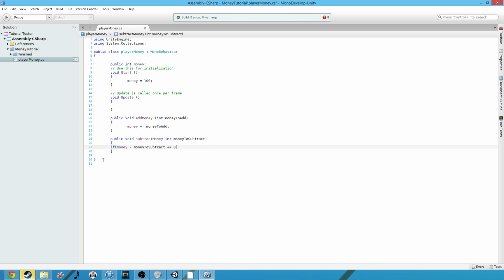And what this means is if we do our subtraction, if we take away this money and we have less than 0, actually we probably just want to make this less than 0, and we have less than $0 left, then we can't do the operation. So inside, we basically want it to do nothing. But instead of just leaving it blank, we're going to go ahead and put debug.log, which basically prints something to